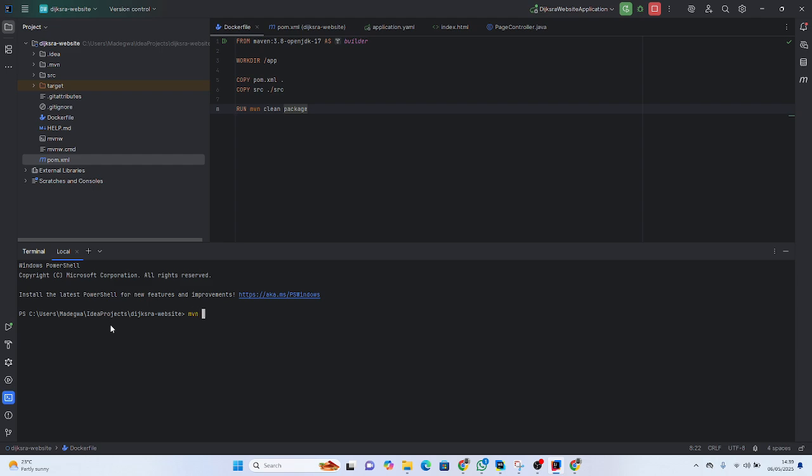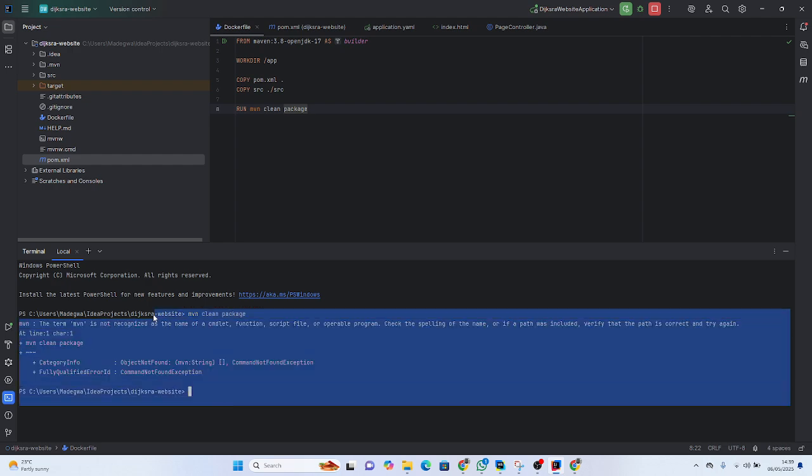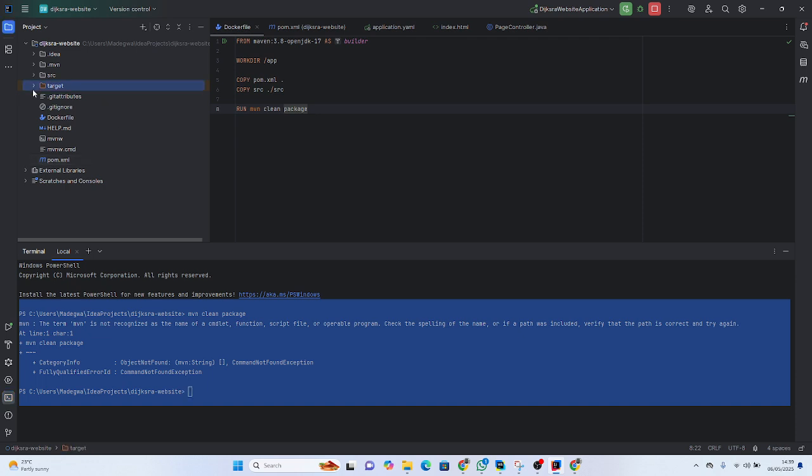mvn clean package, what it does, I don't have mvn here, but what mvn clean package does is it cleans the package and then rebuilds it. As in cleans the package, it means it's going to remove the target, this target folder, and then it's going to repackage the app, and then I'm going to tell it to skip